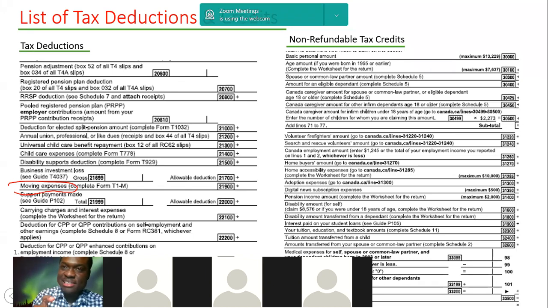As long as the distance between my new office and my old house accommodation